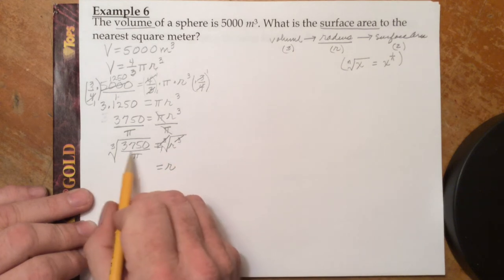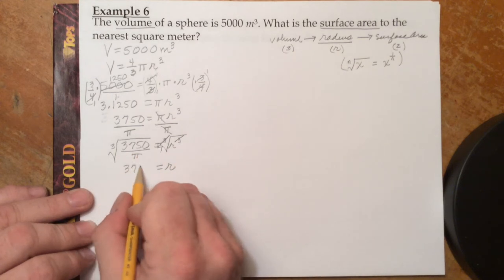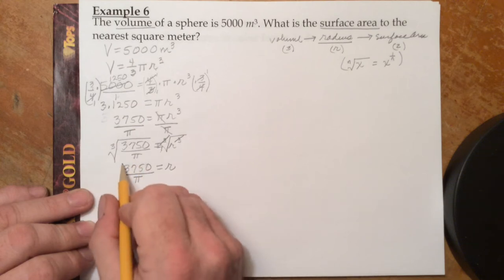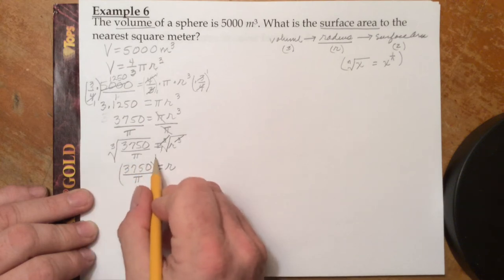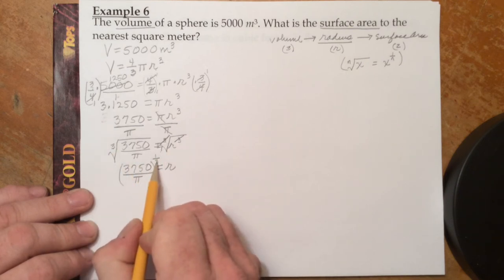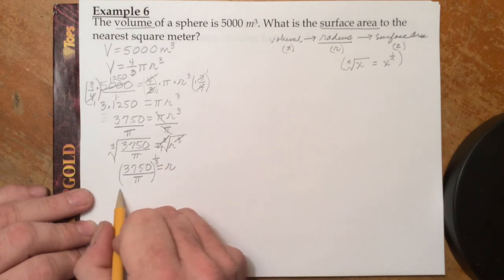So, this right here, 3,750 over pi, taking the cube root of it is the same as taking that to the 1/3 power. This index number is in the denominator of the exponent and 1 is in the numerator. So now that we have r,